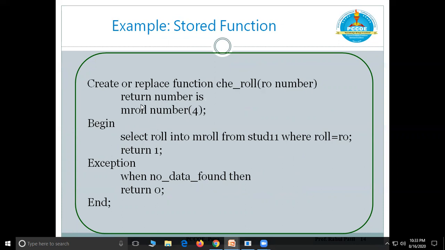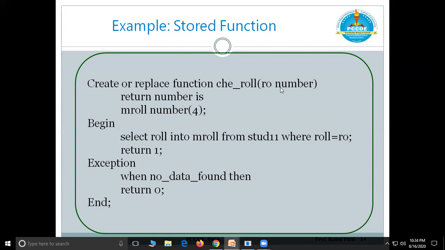I have declared one variable, that is mroll, and what is expected from the stored function is select roll into mroll, right? So the roll number from the student table will be put into the mroll memory variable, where roll equals RO.